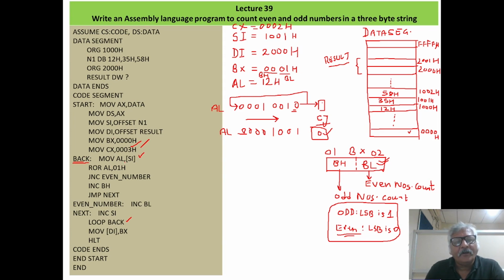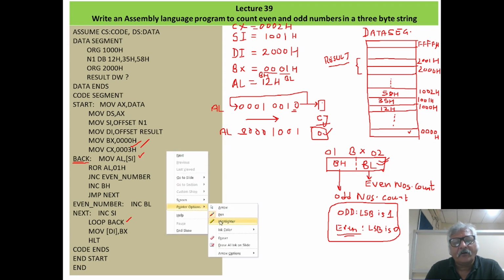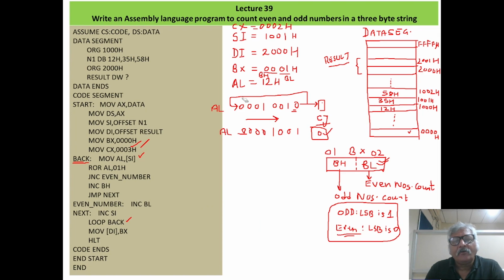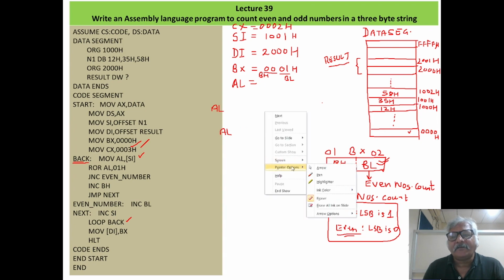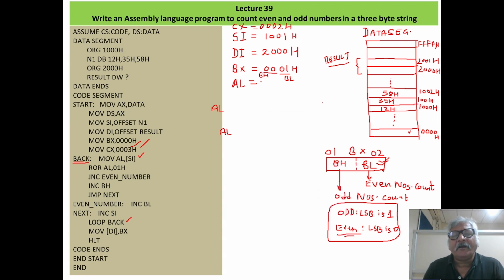Now MOV AL comma within bracket SI. It will bring the content of memory whose offset address is defined by the SI register into AL. What is there in the SI register? In the SI register we have 1001. At 1001 we have the second number, that is 35H. So this number will come in the AL register.